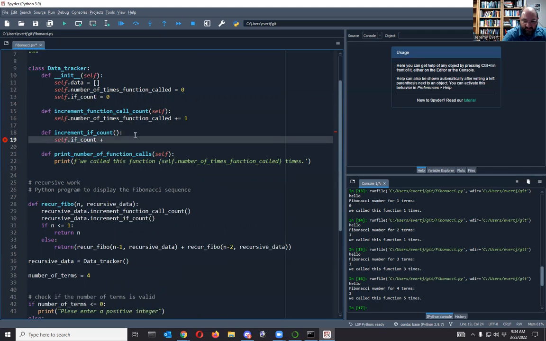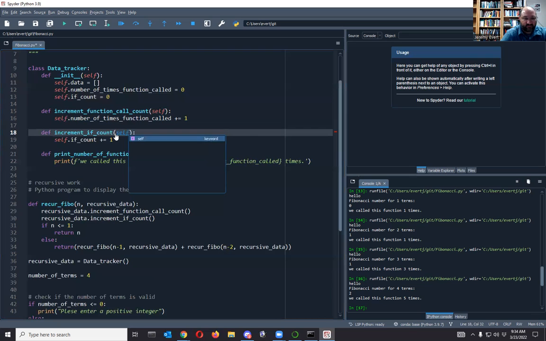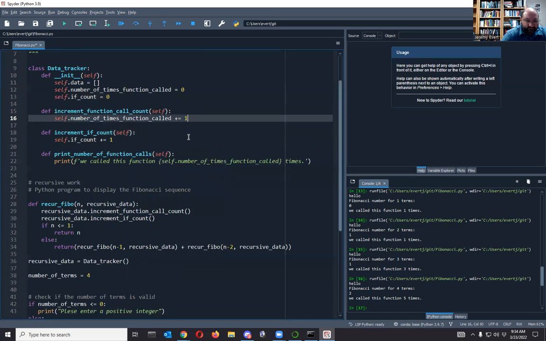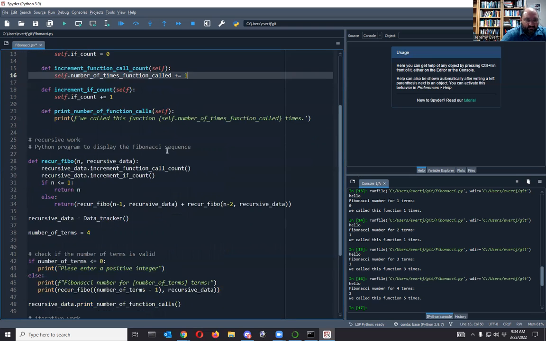Plus equals 1. Why? Oh, because I forgot to import self. Okay. And then we can also keep track of